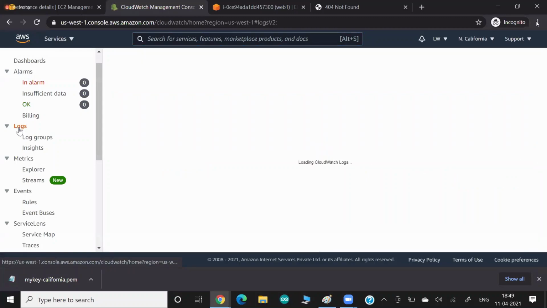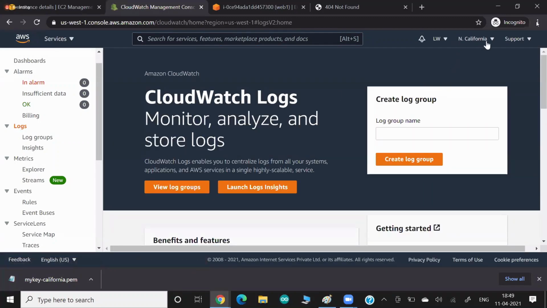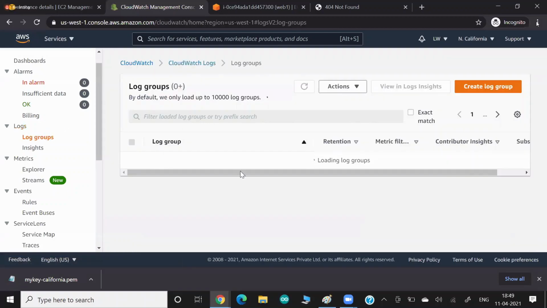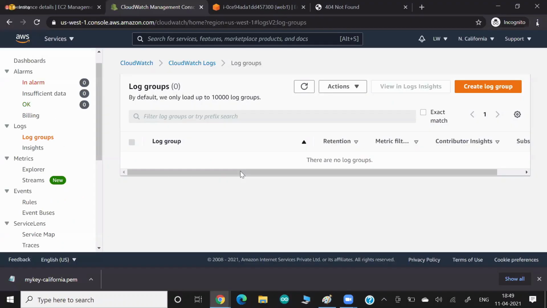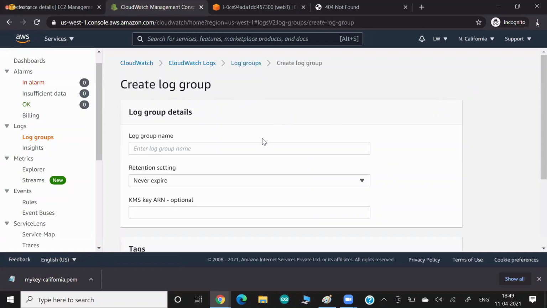And in this particular region of California, I don't have any log group. Even if you click here also, I don't have any log group. Okay, you can think of a log group as something like a folder to manage the logs. So what I'm going to do, first of all, is create a log group. Give any name. It's good practice to give a log group a better name, but I'm giving a name called